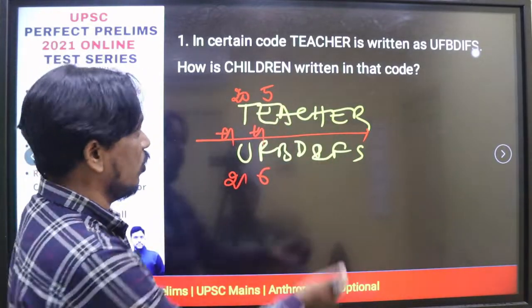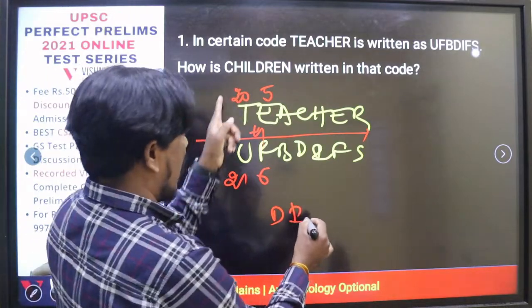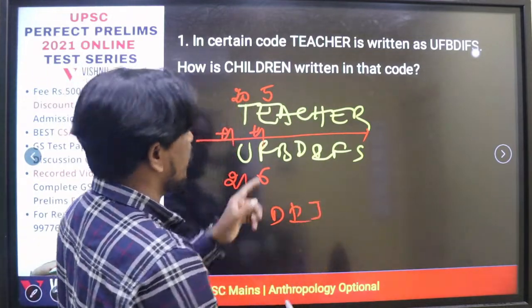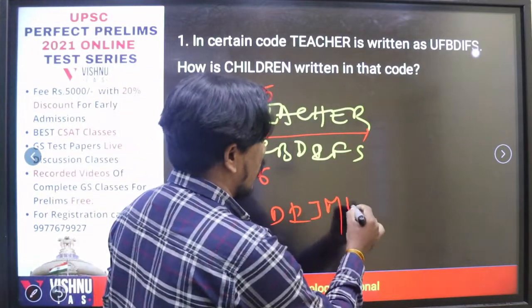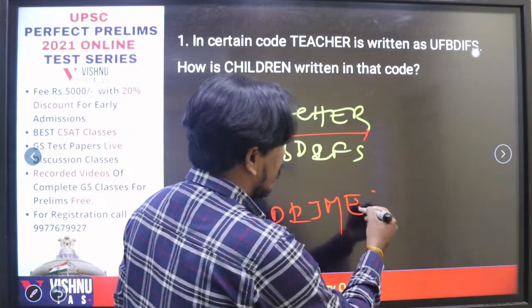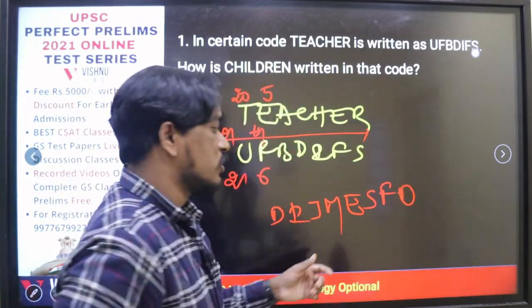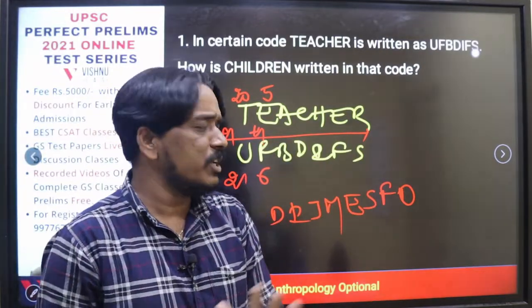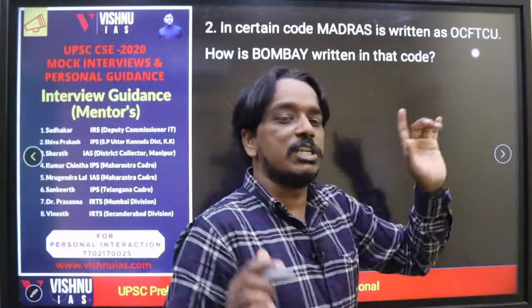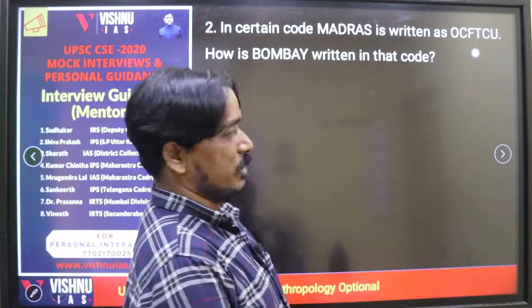Similarly for the other letters also, what is the logic you will get directly? D, I is 9, 9 plus 1; J, and L is 12, 12 plus 1, 13. Similarly we can write for all the letters R, S and E, F, O. So like this we can answer the question. But what is the pattern? Just you have to understand. Very simple type of questions you will get. If you remember all the alphabets, forward, reverse and reverse space, you can answer all these type of questions.